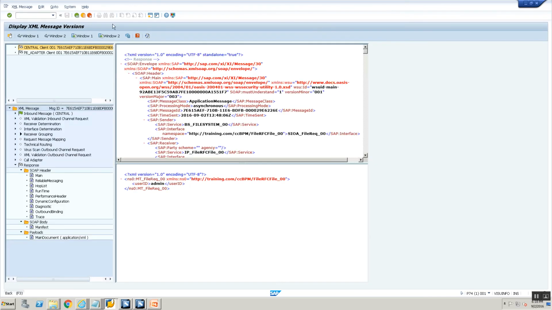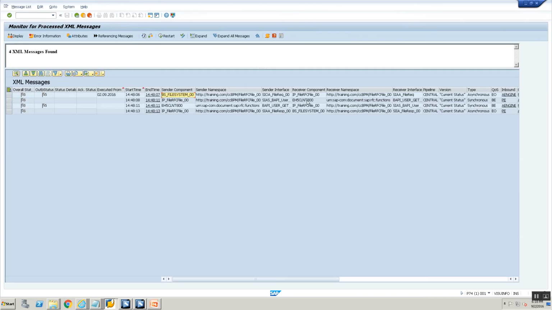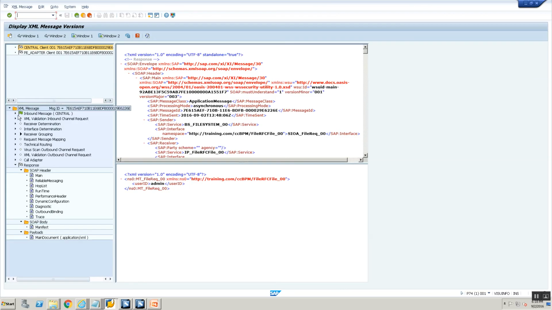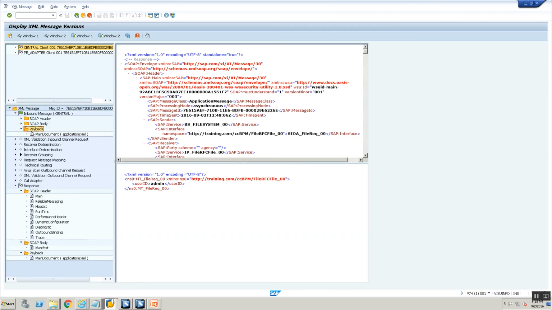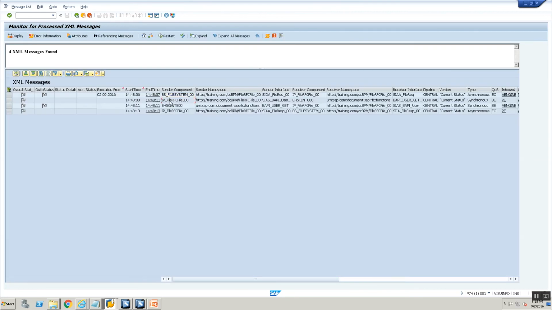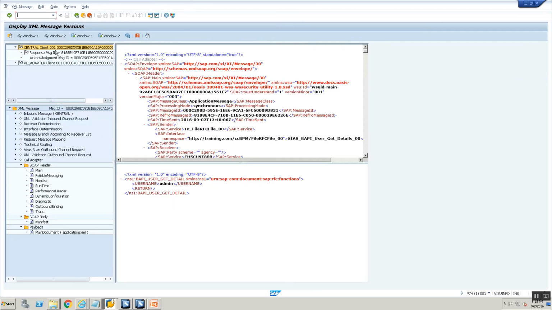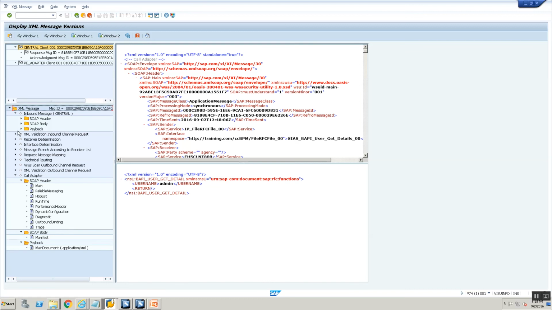If you look at it, this is the request from the sender file adapter, and the receiver is the ccBPM. So let's click on it and have a look at it, and you see this is the input message, that is the admin message, right? Then the ccBPM made a request, a synchronous call, abstract synchronous call to EH5 client 800, right? And because it is a synchronous call, if you see the inbound message first,